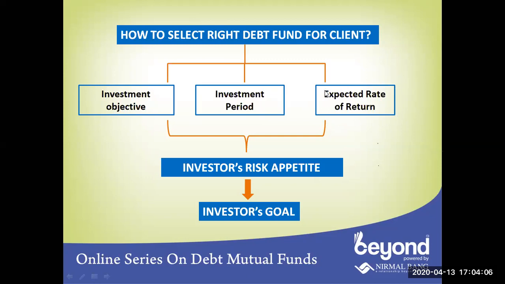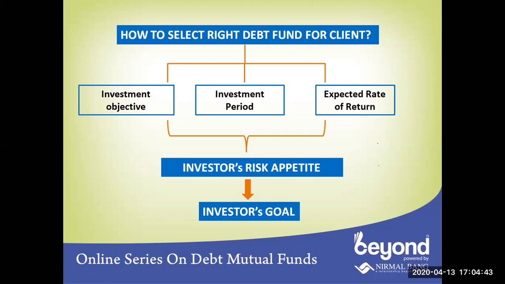Otherwise you can help him understand what could be the expected returns from the product, and for the kind of investment horizon he is looking for, what kind of returns he can expect from that particular product. So basically, investment objective, investment period and expected returns, the combination of these three parameters actually decides the investor's risk appetite. Maybe there is one client who wants to park or